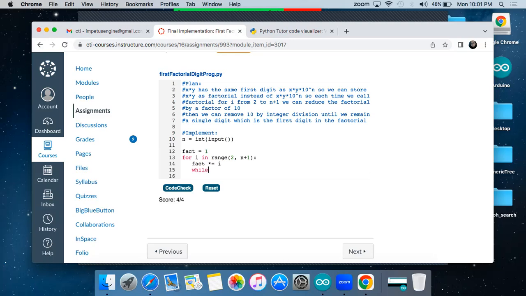And then while the factorial is divisible by 10, then we can divide the factorial by 10 using integer division. And then so we're done with that loop. And then while factorial is greater than or equal to 10, you can,